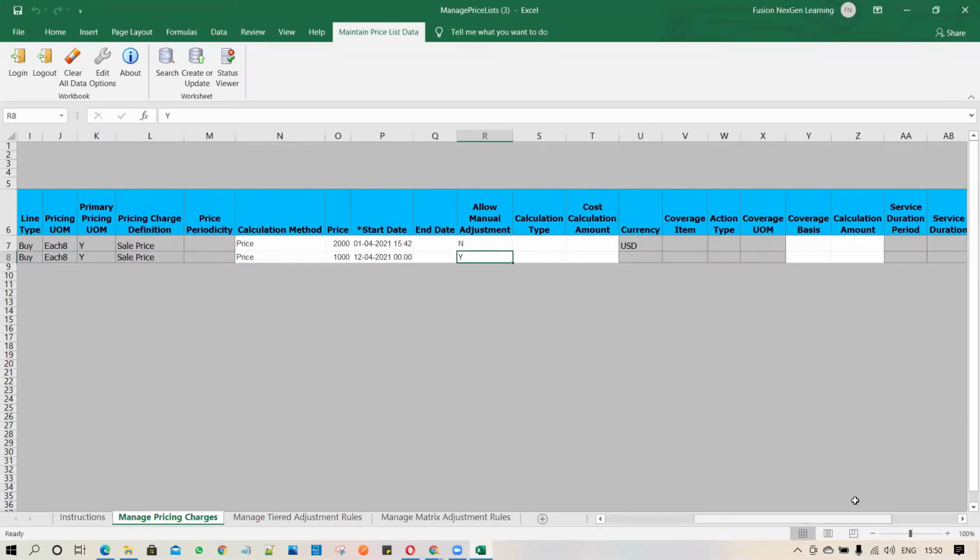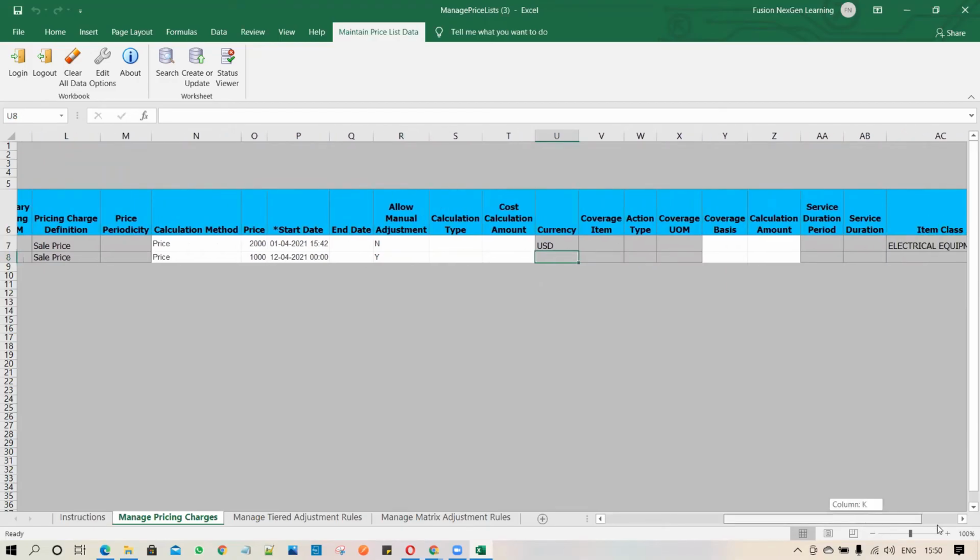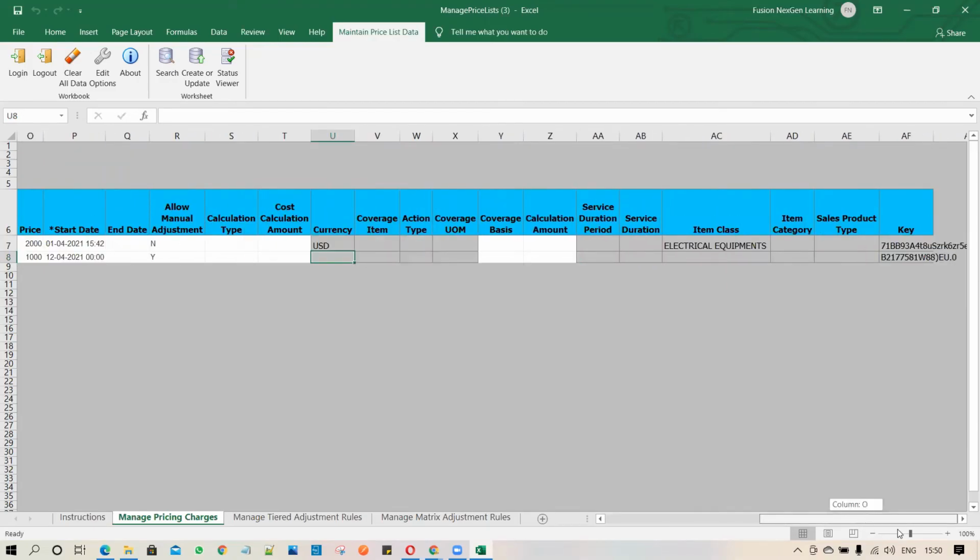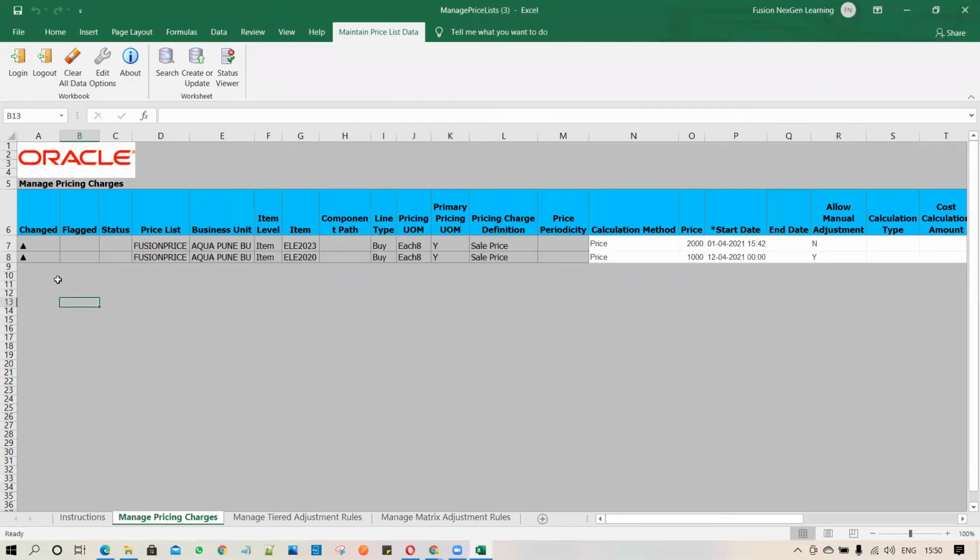Once you're done, you have to scroll to the right, and you will see that both items are flagged under the change column as enabled, and now it's ready to upload.